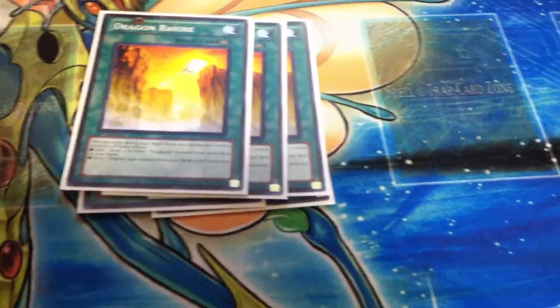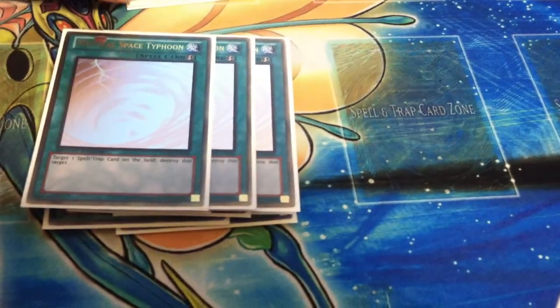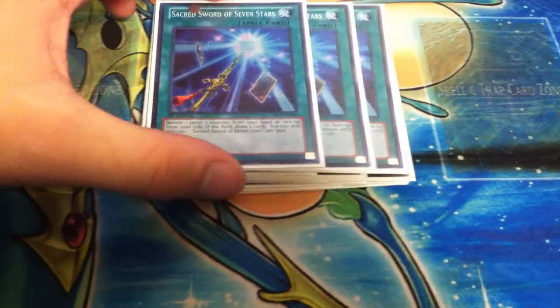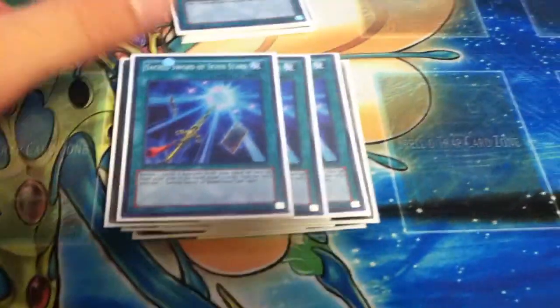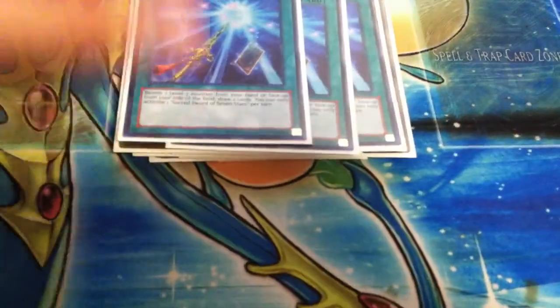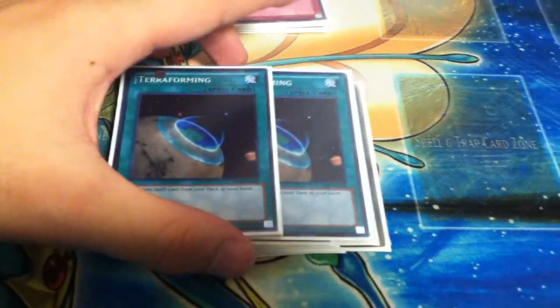3 Dragon Ravine, 3 MST, 3 Sacred Sword. For a while I was considering cutting this to 2, because having more than 1 at the same time is not the best since you can only activate 1 per turn, but opening with it is just too important, and if you cut out 1 of them, your chances of opening it drop dramatically. So 3 is needed, and then 2 Terraforming, just because you really want to open with